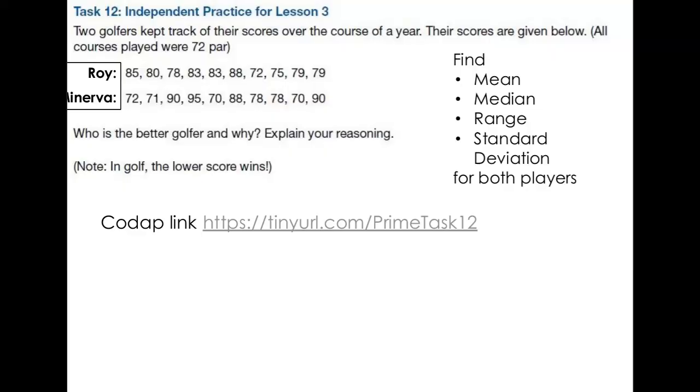Explain your reason. We want to find for each of them the mean, the median, the range, and the standard deviation for both players. Now, if we had to calculate this all by ourselves, this would take a lot of time. But if you put in this tinyurl.com/primetask12,